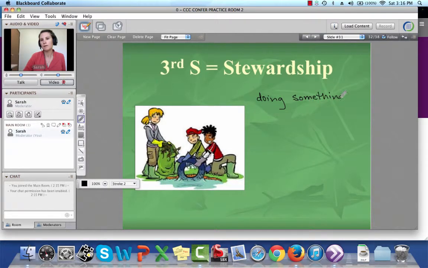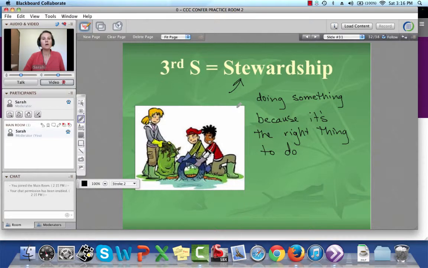Doing something because it's the right thing to do. Okay, you're walking along the sidewalk at the park, there's trash floating by. Do you ignore it or do you take the time to bend over, pick it up, put it in a trash can? If you want to practice stewardship, you bend over, pick it up, and put it in the trash